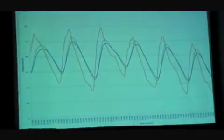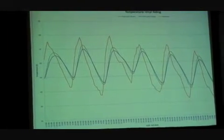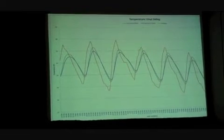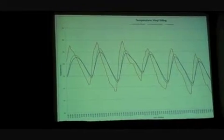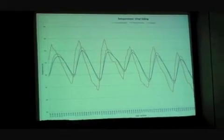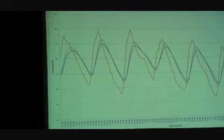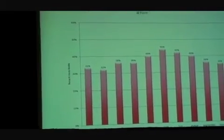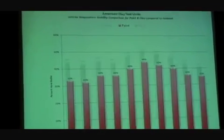So basically for every day over the past 10 months, we've been pulling out graph data comparing ambient temperatures and humidities to the internal variations. As you can see here, the clay is the green, and the paint is the blue. When we looked at what that meant, and we looked at the fluctuation swings, paint had a differentiation